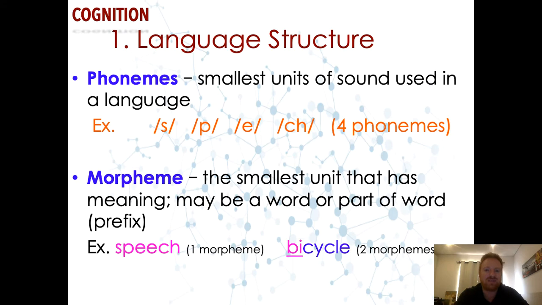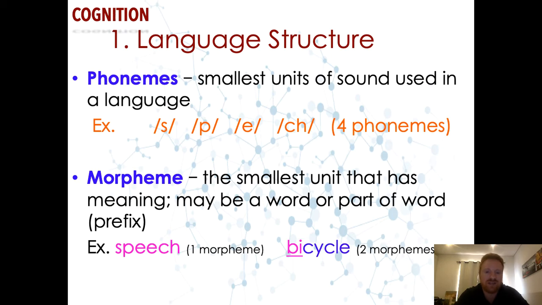So what is language? Language is the structure of how we put together sounds, basically, right? When we look at the basic small units of sound in a language, those are called phonemes. If you can remember, phone means sound. Phonemes are the individual pieces of sound that are capable of all the different ways that we can move our mouths and our lips to make different sounds. So if I said s, p, e, ch, those are 4 different phonemes. They're the individual units of sound, right?